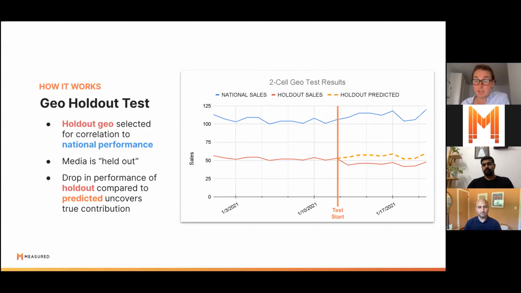Now, of course, we did do something to those states. We took out Facebook. And as expected, we'll see overall sales go down a little bit in those 5 states compared to what we would have expected. The difference between those 2 lines is essentially the contribution of Facebook prospecting. We don't change anything else except for taking out Facebook prospecting from those 5 states. That gap, that area between those 2 lines, is the real contribution. And that is agnostic of any platform tracking, of any site tracking, of anything else. That is using your source of truth transaction data, and that is the real read.